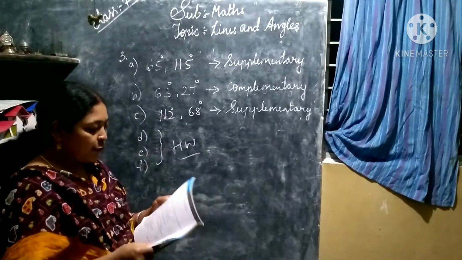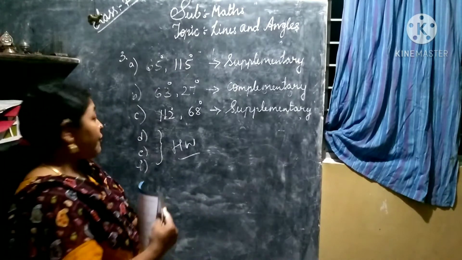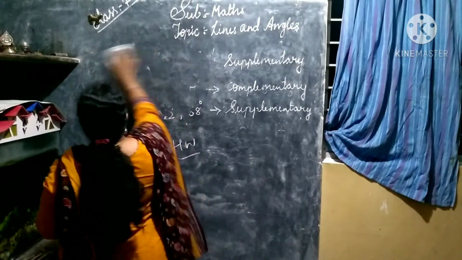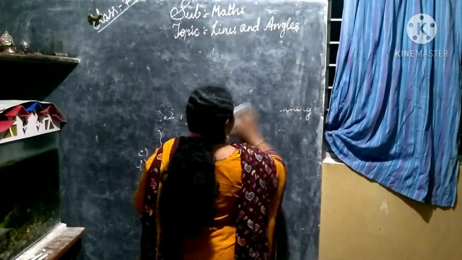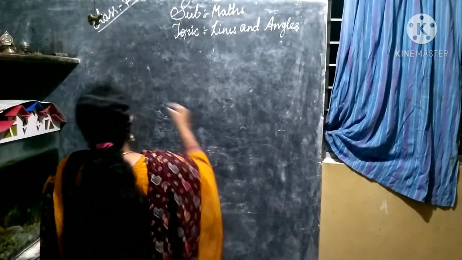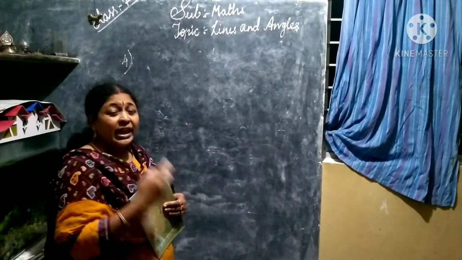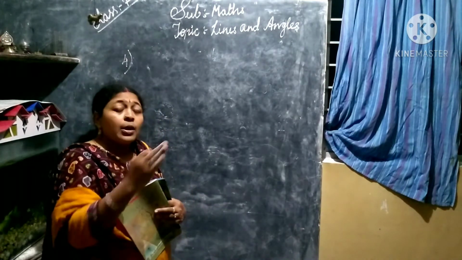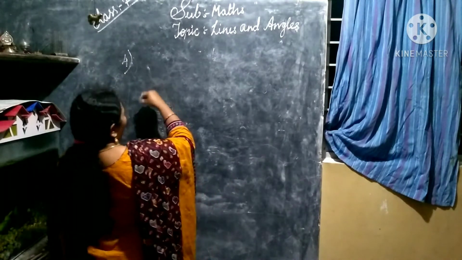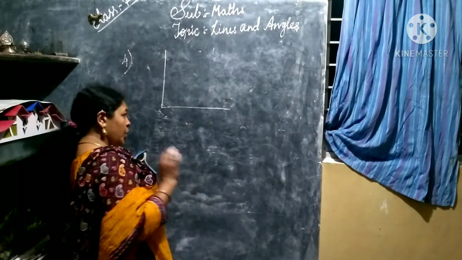So let me go on to the fourth one. Find the angle which is equal to its complement. Find an angle which is equal to its complement. So for the fourth one, you have one angle and the other angle should be equal to its complement. Both the angles should be the same. So what will be the equal complement of one angle? If you could imagine, this is a complementary angle which is equal to 90 degrees.